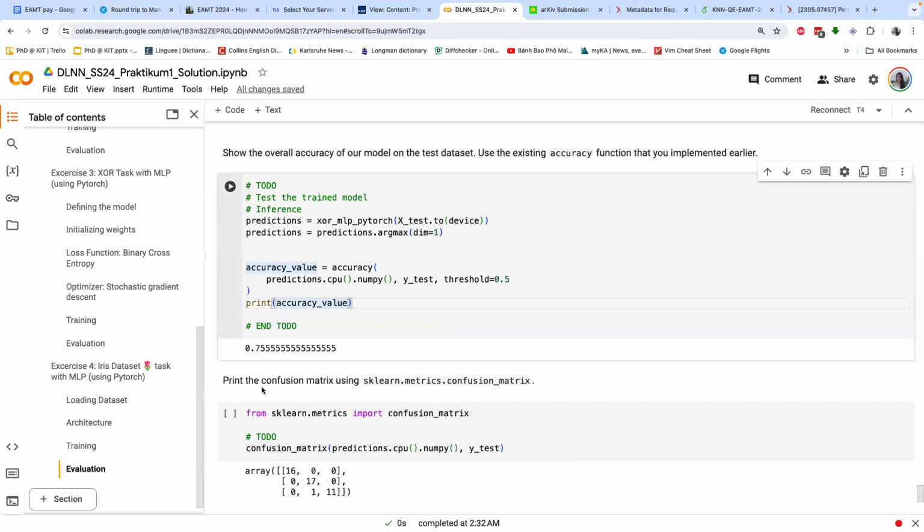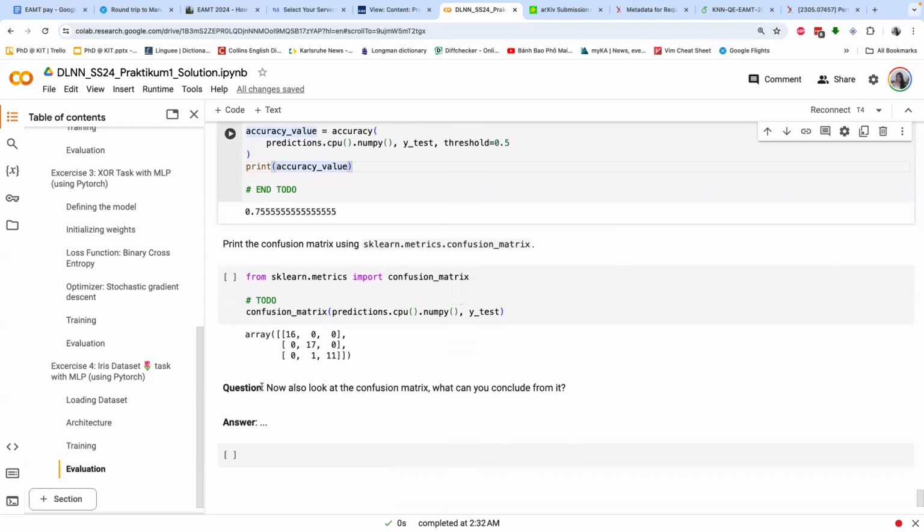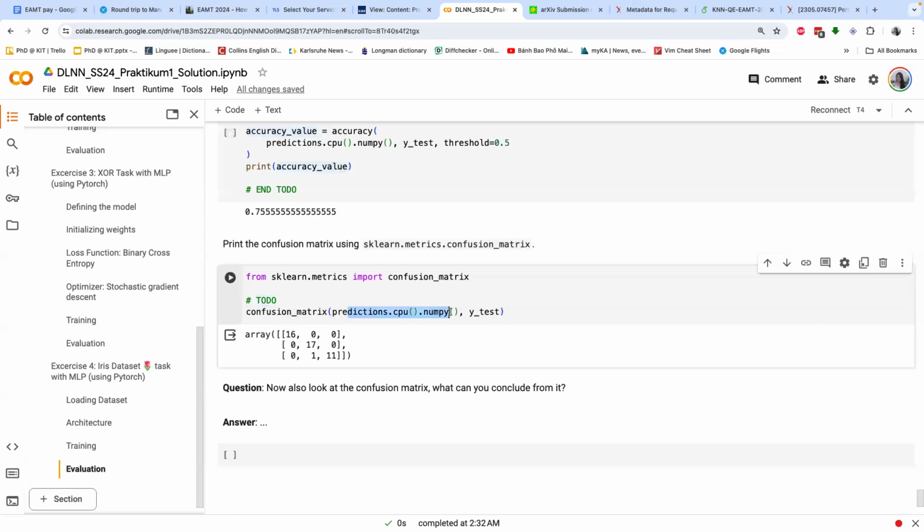Okay, last question. It's just to print the confusion matrix using sklearn. Here we also just pass in the output and also the target, the gold target of the test set. And here's the output. As you can see, most of the values lie on the diagonal part of the matrix. So the model is doing quite well. And the only mistake it makes is here, where it should have predicted